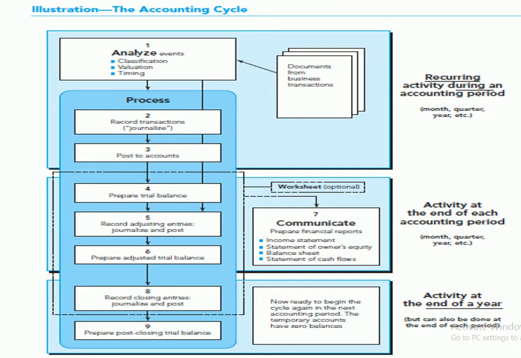In step number 8, record the closing entries. Again, this process will be started because there are nominal accounts which are to be closed down, and the permanent accounts are to be represented in the balance sheet. With reference to journalizing the closing entries and posting them to the ledger,